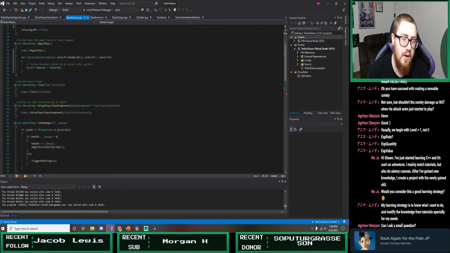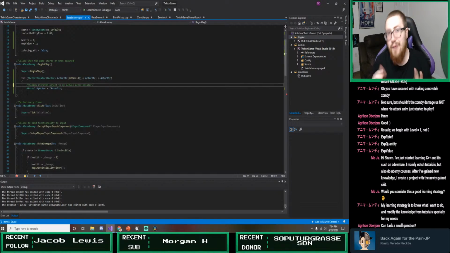Here we go. So now we have the iterator here. And an iterator iterates through objects. So if you're not familiar with that term, it basically is a for loop that goes through all of your objects. And here specifically, we're looping through all of the objects of a certain type. Now, if you've ever seen get all actors of class, or get all widgets of class, that's what it is. It goes through all the actors, basically checks if it's a certain type, and if it is, then it returns you the value. In this case, I specifically want to look for a Twitch game character,